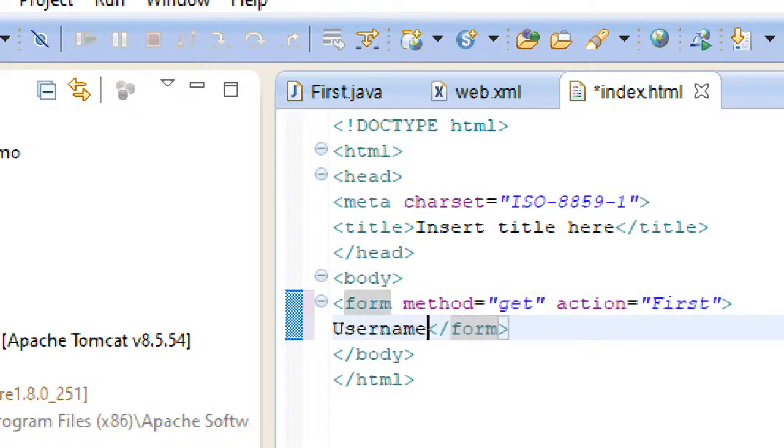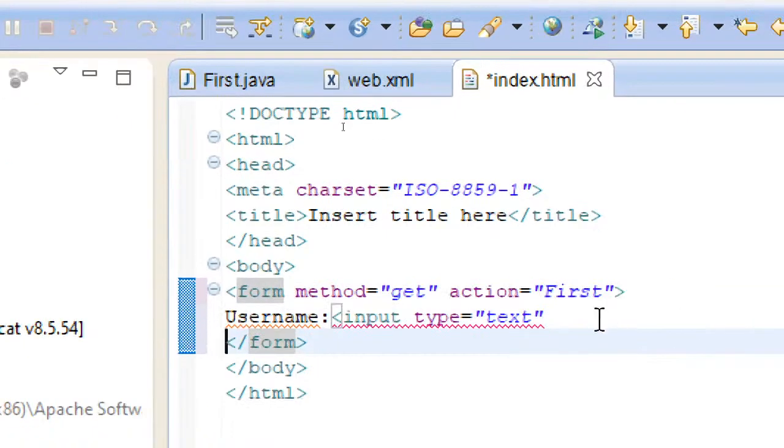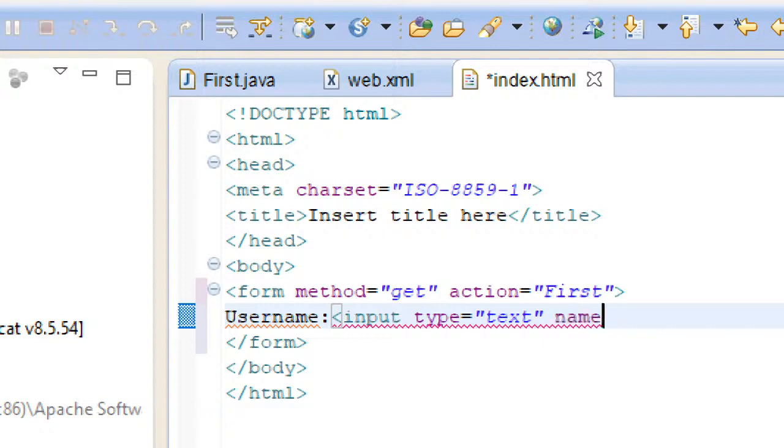And then the same thing yesterday we have created, something like that, username, and then input type equal to text, and then name equal to name. Yesterday whatever we have seen, the same things I'm using.